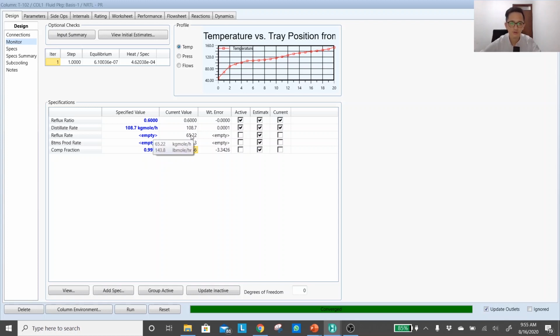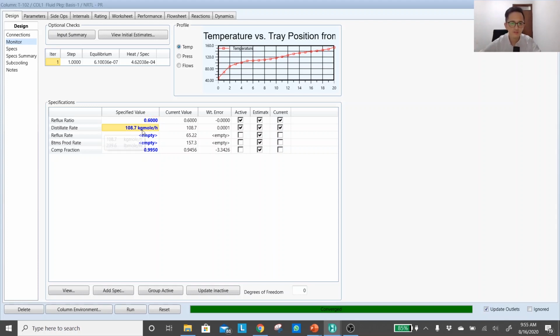That means you have to let one of the previous active variables be compromised. Which one would that be? Do you want to manipulate the distillate rate or do you want to manipulate the reflux ratio? And you have to think about the consequence. Will there be any problems if I increase my reflux ratio, let's say to 1? It's not really a problem. I mean, you just have to provide a higher reflux pump. Probably you have to provide a higher amount of condenser duty, but that's very doable.